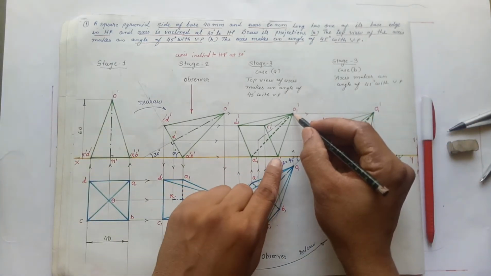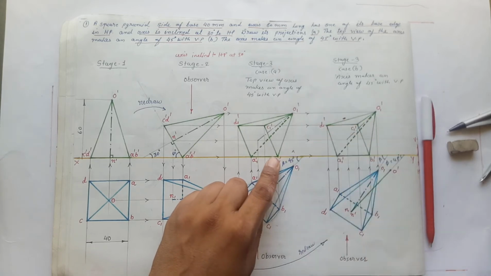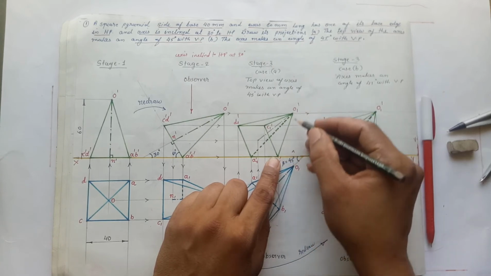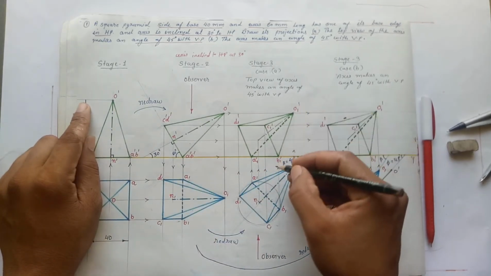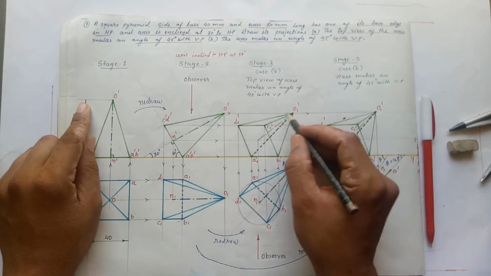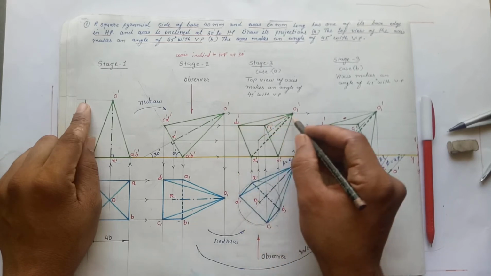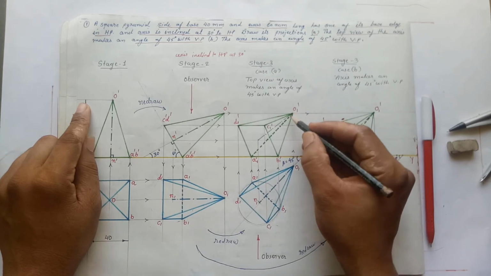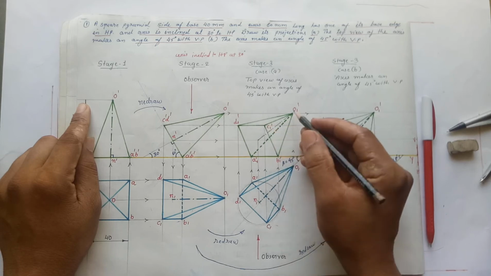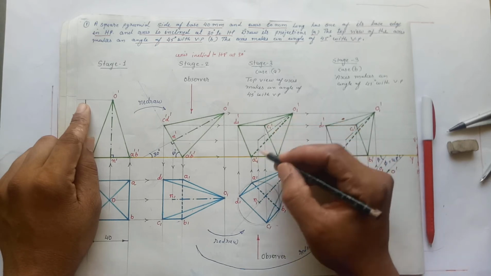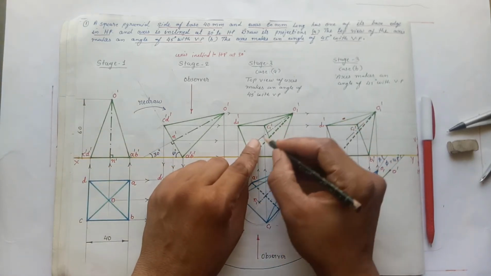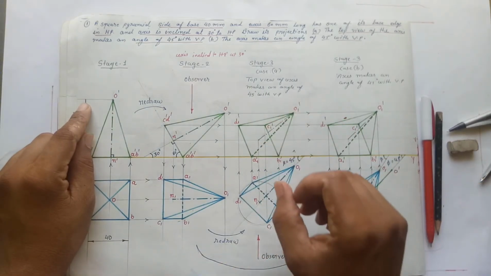So now comes O1, starting from O1 B1. O1 B1 is going to be visible because we cannot find any intersection in between O1 and B1. O1 C1 is also visible and O1 D1 is also visible because in between O1 and D1 we don't find any visible outline. But whenever we draw O1 A1, it will intersect the visible outline of C1 B1. So we can say that O1 A1 is going to be hidden, dashed. And now project the axis and draw the axis. So this is the elevation in the third stage.